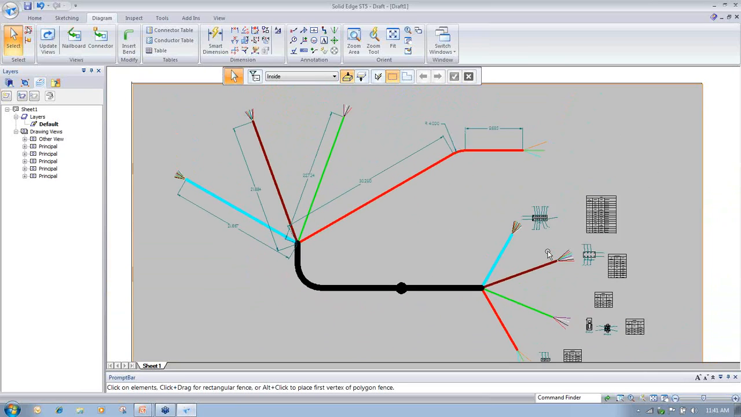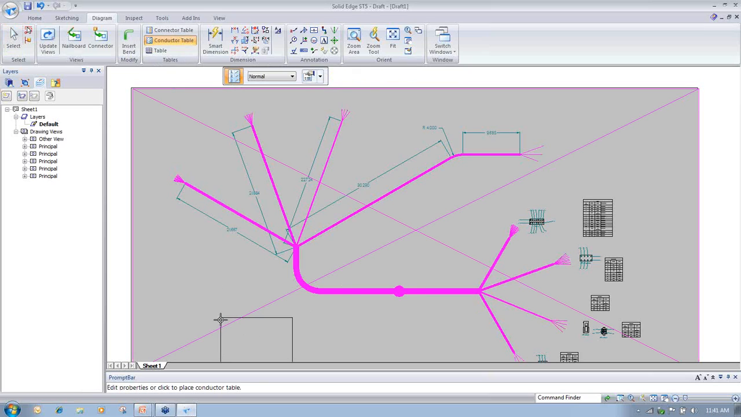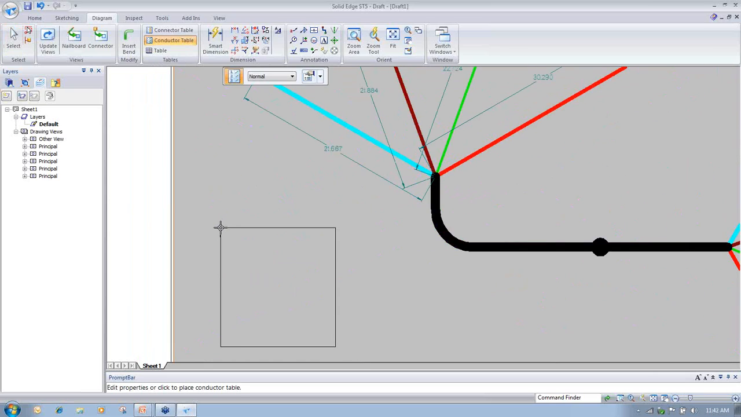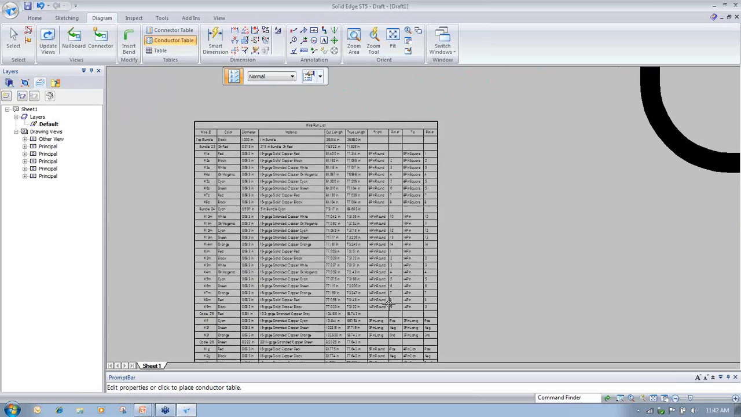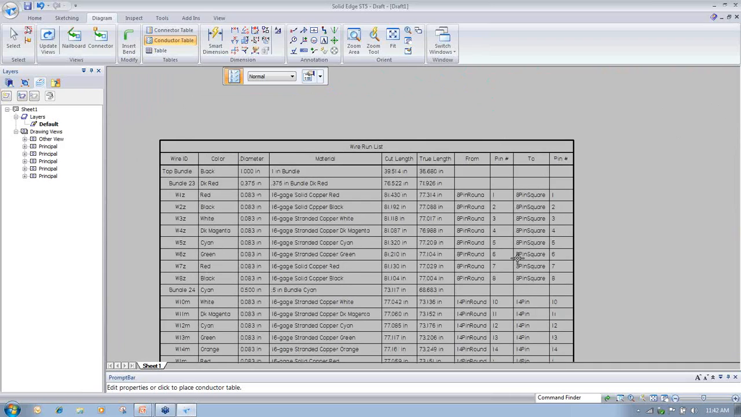So now you can see that our Nailboard is shaping up pretty well, and we've only been working on it for a couple minutes here. Now I'm going to include the conductor table by selecting the wire harness. And I can click to place. Now you can see that the conductor table, like the connector table, is driven through the